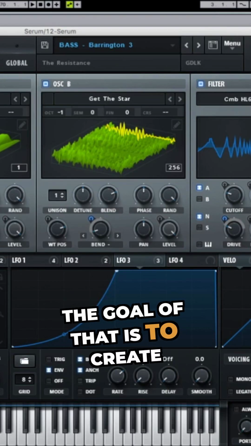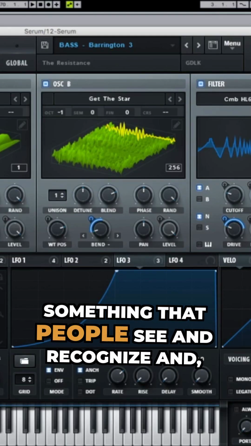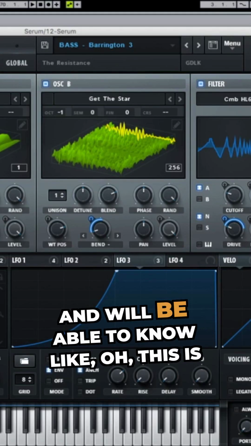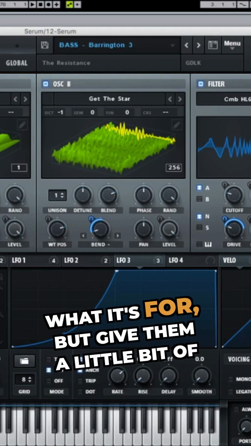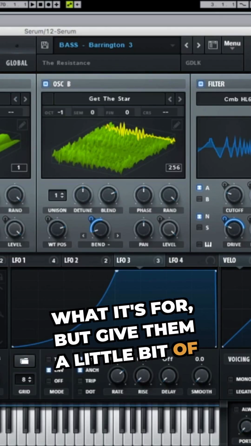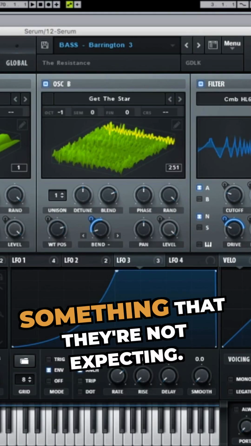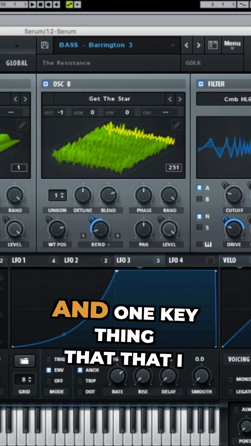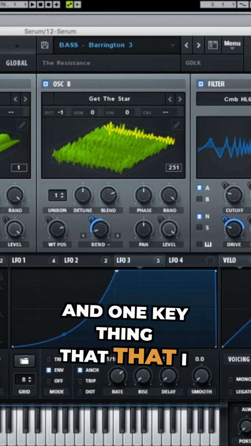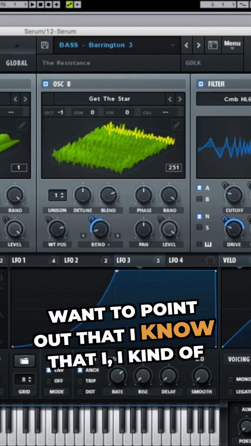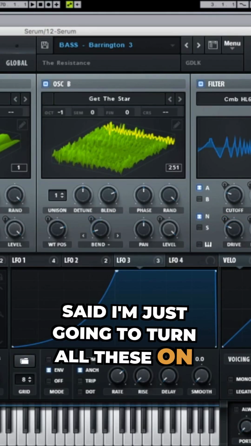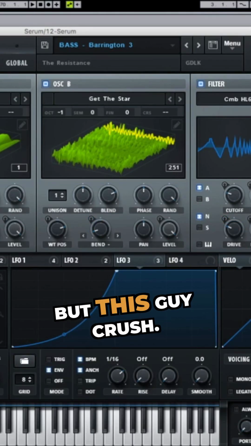The goal with that is to create something that people see and recognize and will be able to know, oh, this is what it's for, but give them a little bit of a twist at the end. Give them a little something that they're not expecting. And one key thing that I want to point out, that I know I kind of said I'm just going to turn all these on and just let you guys have fun, but this guy, Crush,